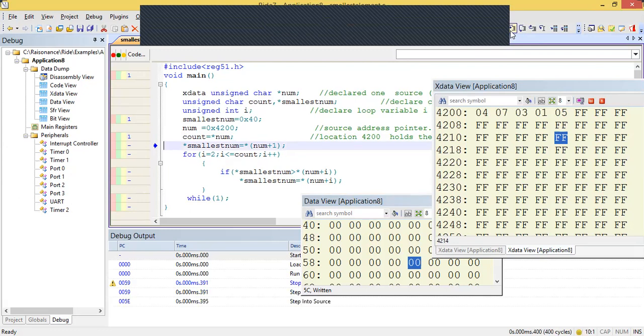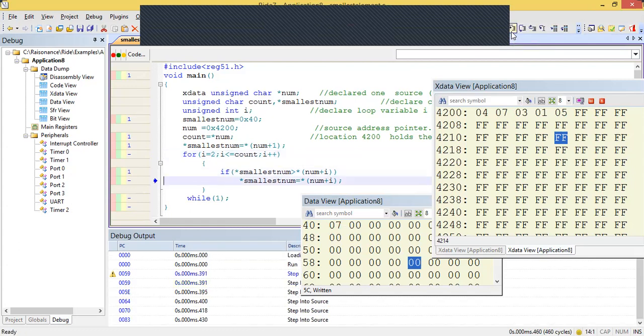Now we can see the smallest number is assigned num plus 1. That is the content of 4201 is loaded into 40h. So you can see that 7 is loaded in 40h because the first number is 7. We'll assume that this is the smallest number, and now we'll start the execution. From the next number onwards, we will compare, and after execution you can see that the content of 40h is loaded with 1. That's the smallest number. Okay. Thank you.